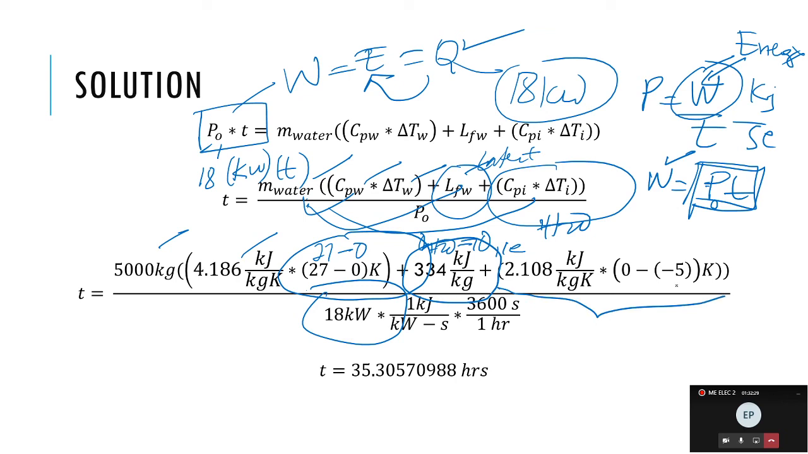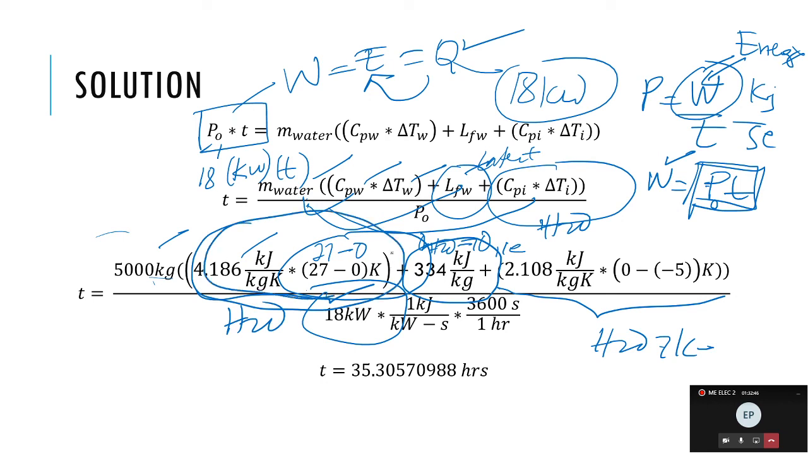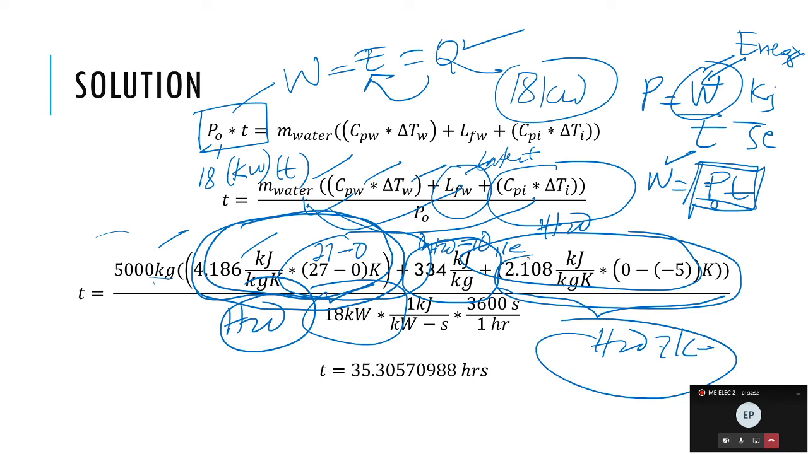Now, this one here is about water. I mean, about ice, no? Water na naging ice. This one here is purely water, right? This one here is purely ice. So our ice, the specific heat of ice is 2.108. Now, the delta T here is what? About the ice, no? Our ice has a higher temperature which is 0 degrees centigrade because